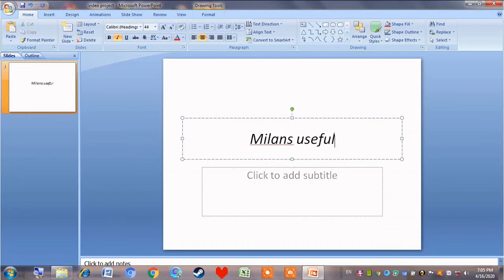Useful ideas. As you can see, the text is more slanted, and the text without slant is also here. So let me deactivate the slanted text, and you can see the difference. So next shortcut,